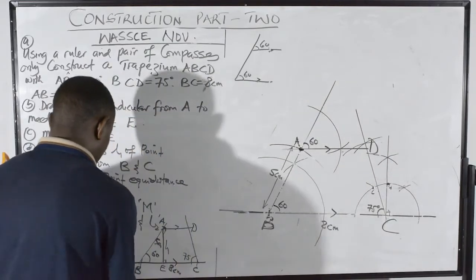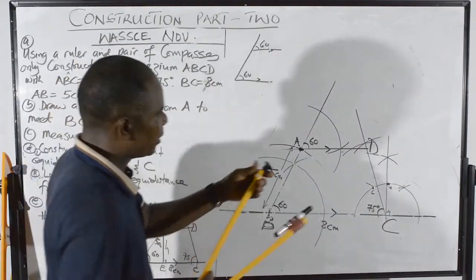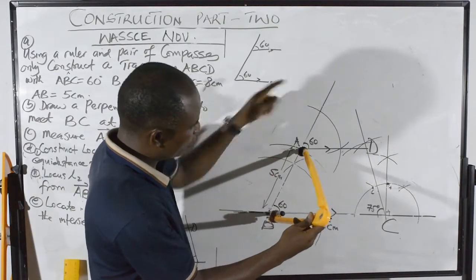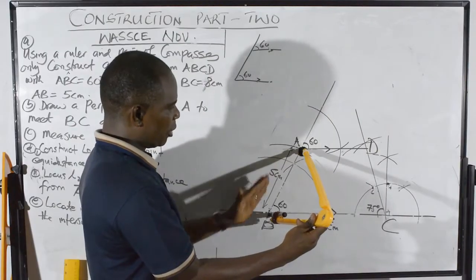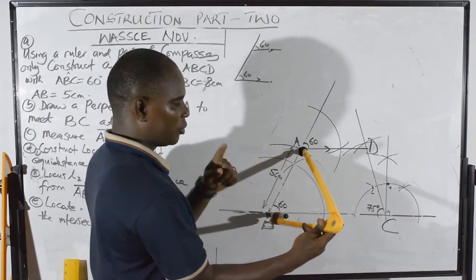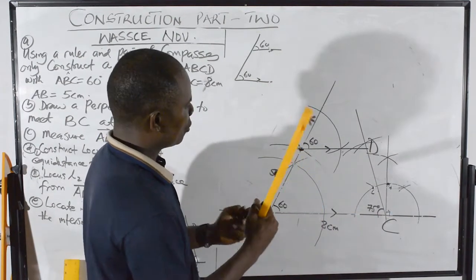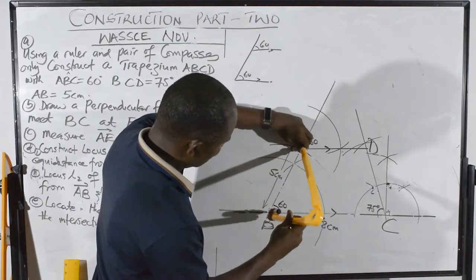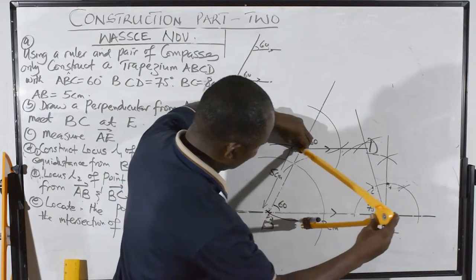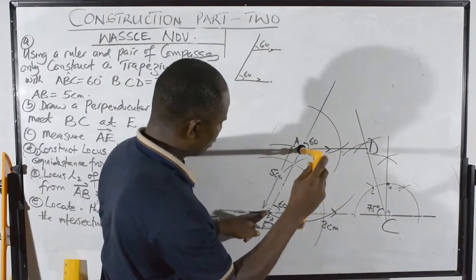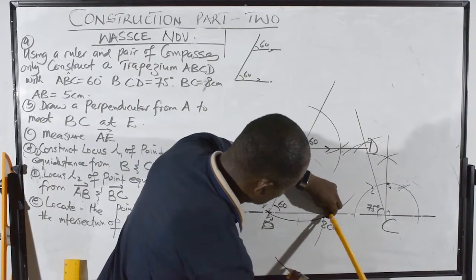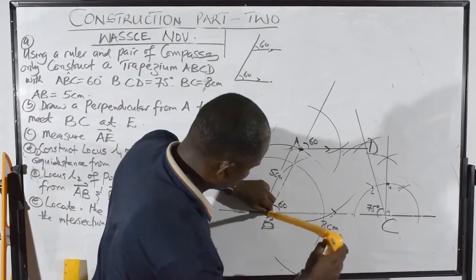So now some of the arcs. Remember the other video I was able to show you how to get a perpendicular. So I'm going to first of all measure that length. Make sure my compass is at that point and the pin is there. The pencil is somewhere there. You use that. Now when I measure that, it's already there. That is at that point. So I use that point and go around until I touch. So this is this point and this point I'm coming to use. So I use the 2 points. I get an arc there.